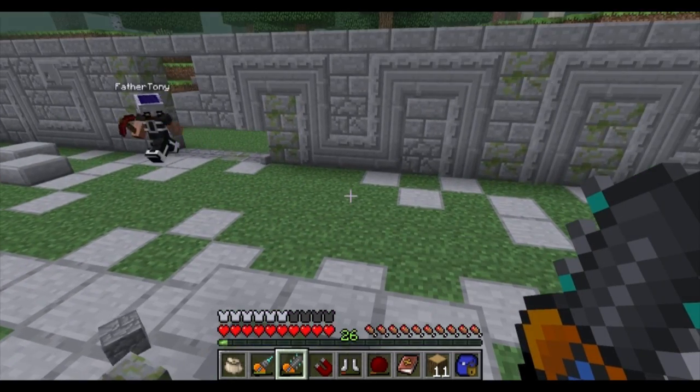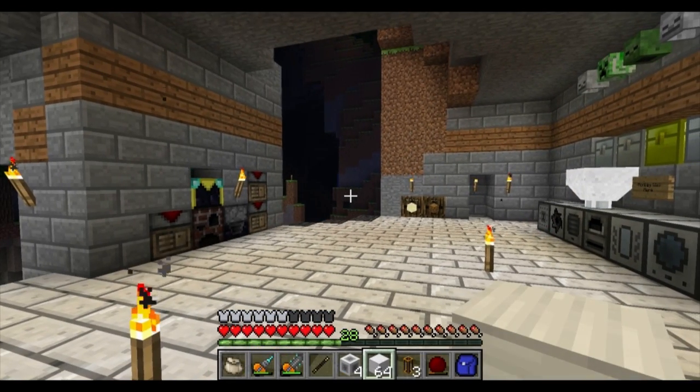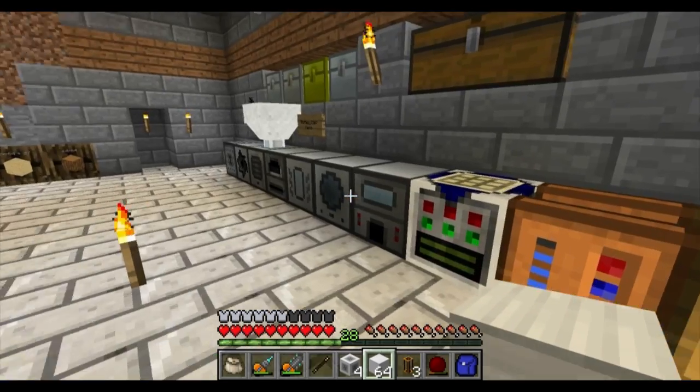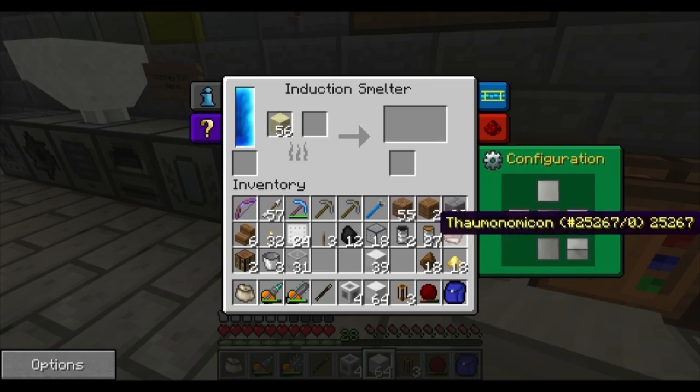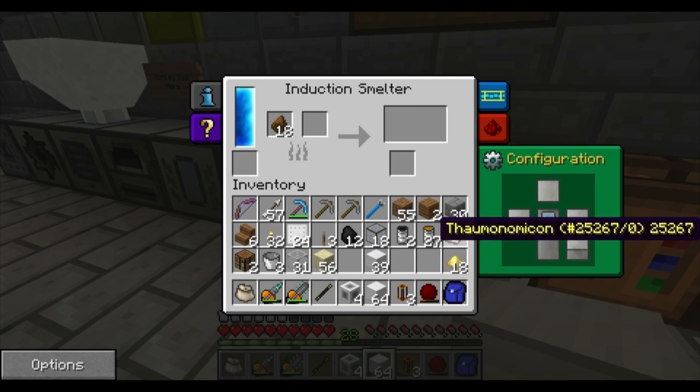See you there. Okay, so we're back in the base. Hope you enjoyed the little bit of the Twilight Forest. Had fun with that. Alright, so I'm going to start cooking up some electrum. I have some electrum blend here, and I'm going to use some of the rich slag. So we should use...